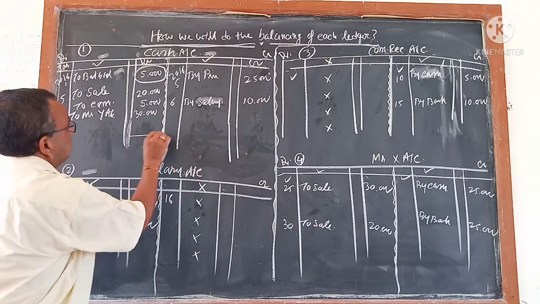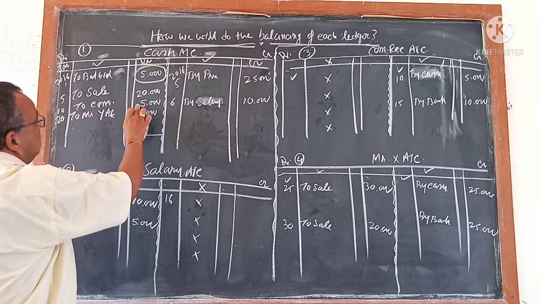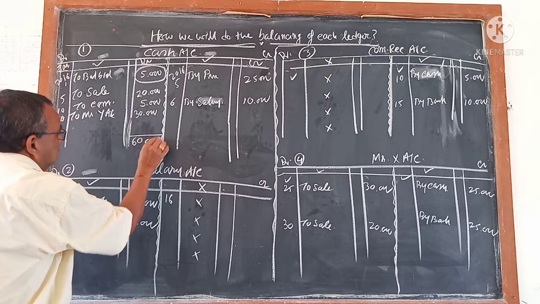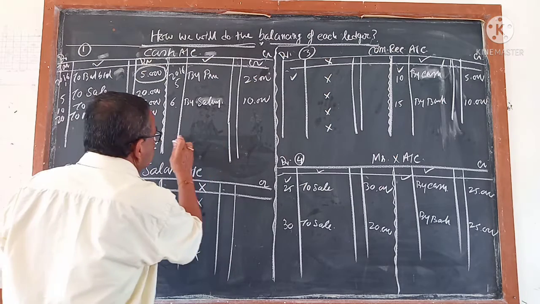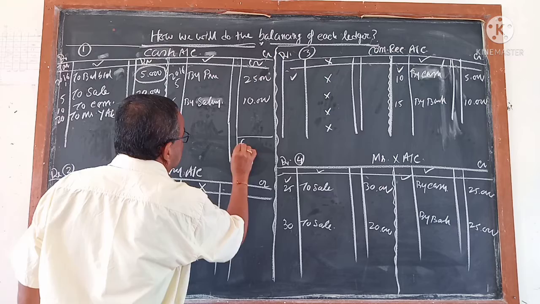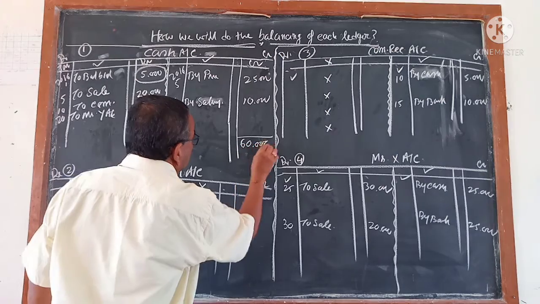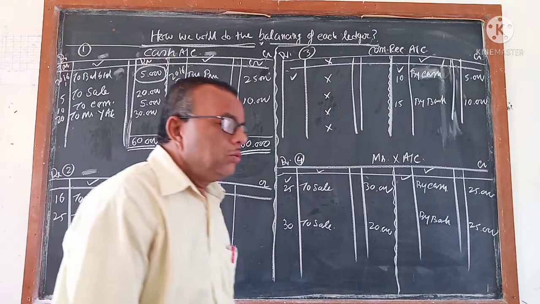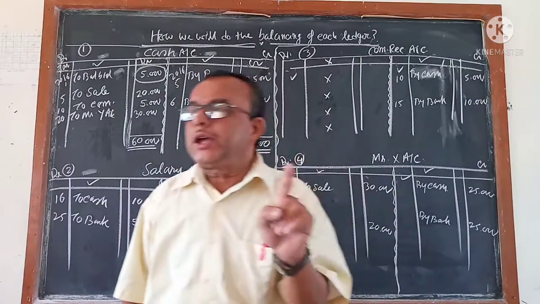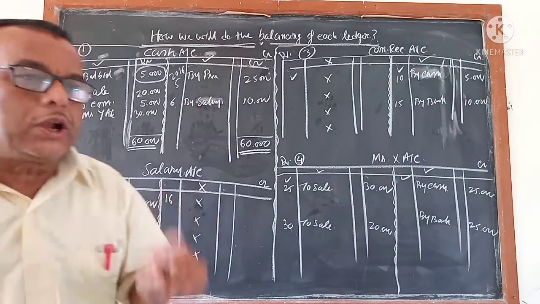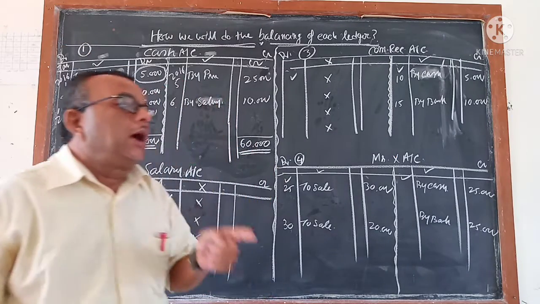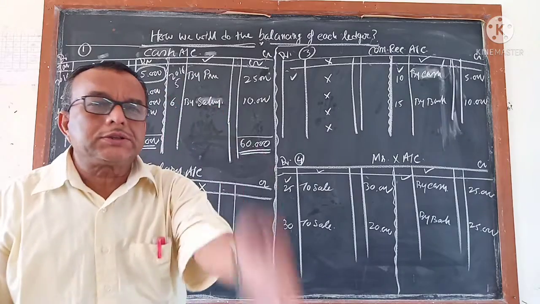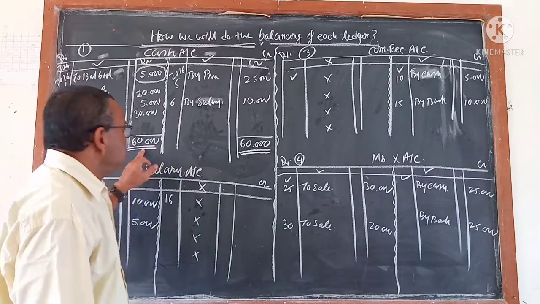After putting a straight line, how much is coming? This is 35, 40, 60. Now you write 60,000 here, and in the same parallel line on the opposite side you write 60,000 and close it. Once again, first step: whichever side total is more, make the total after putting a single line, write the total, and then put a double line, which indicates closing.